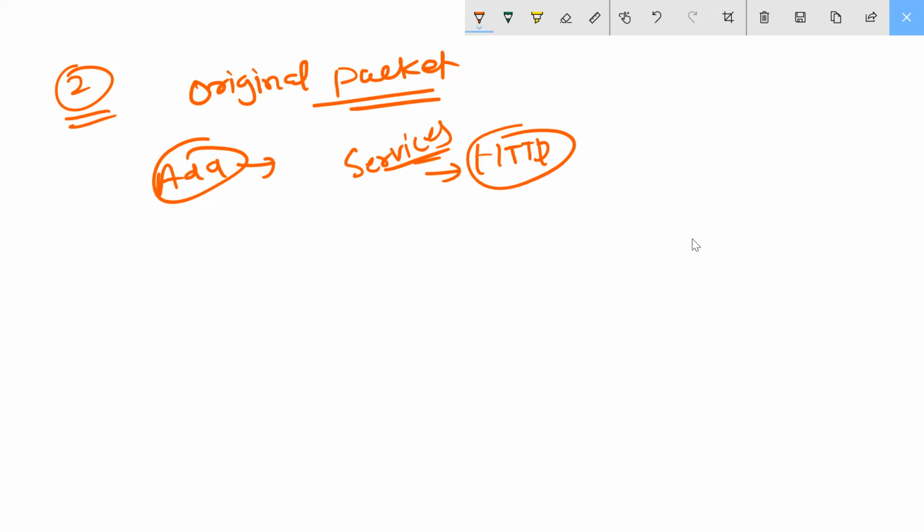Inside the source address, you should write here. You should take the source address as your PC, Windows 7 PC address. You should select static IP. Okay, Windows 7 IP address.